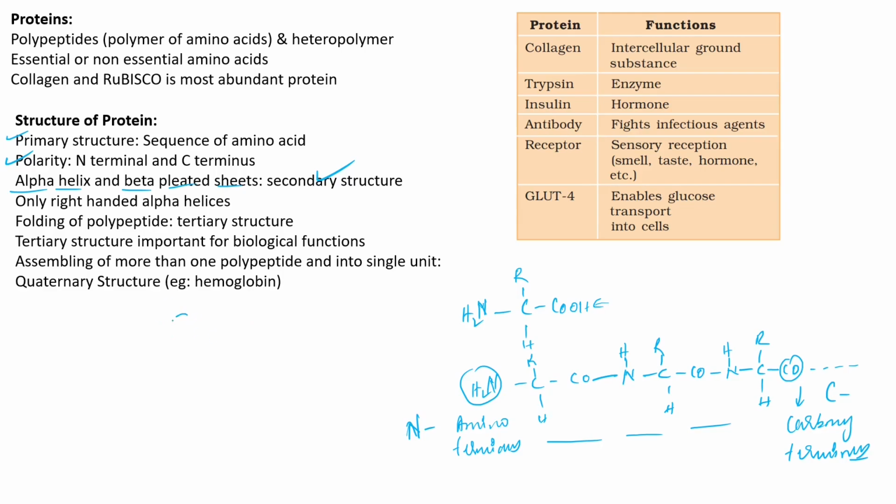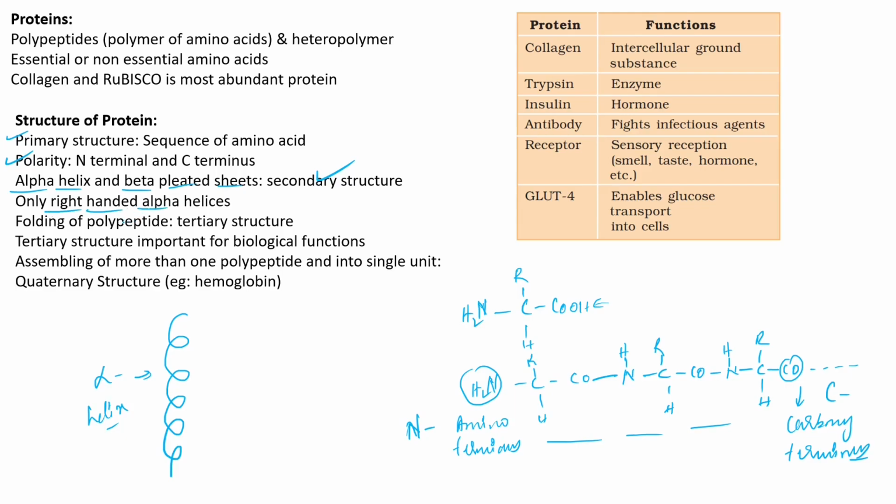It is a coiled spring-like structure. This is actually called the alpha helix, right? Yes, and it all depends upon the direction of coiling. Either the coiling may be right-handed, or the coiling may be left-handed. Generally in nature, all of the proteins that are known to occur are occurring in the right-handed alpha